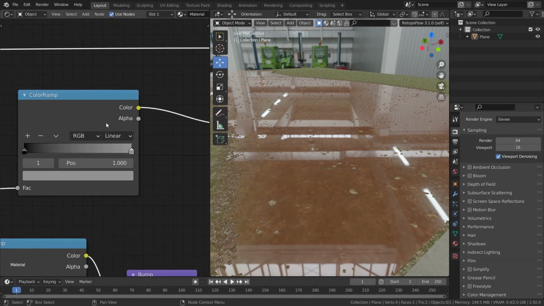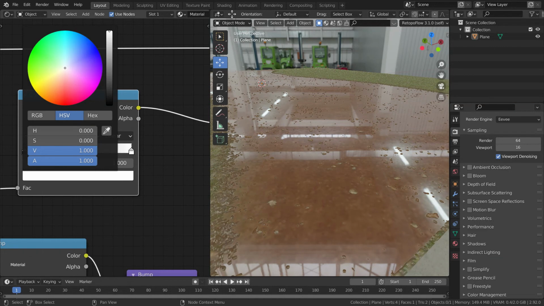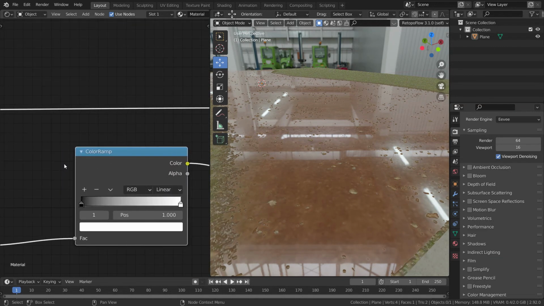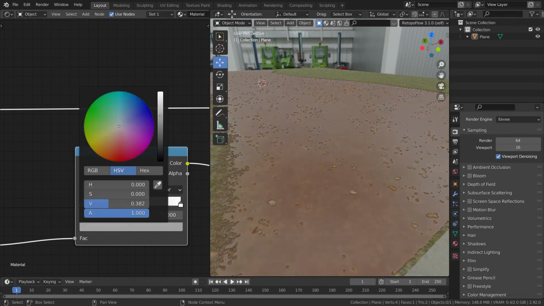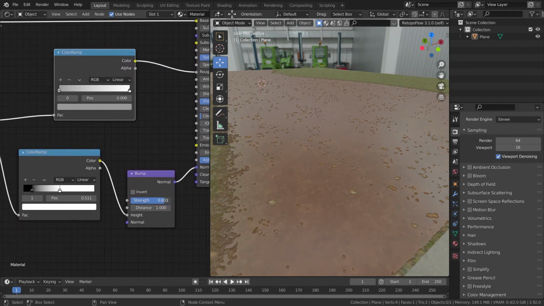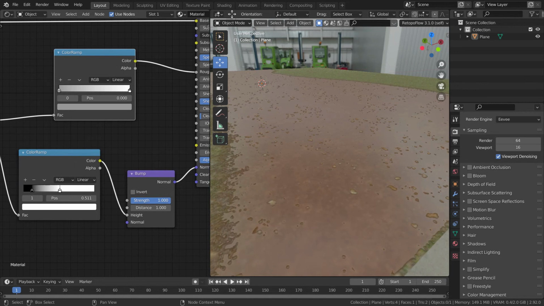We can always go and increase this white value so it gets more rough. We can increase this black value to white as well, so it gets a little bit less glossy. Play around with it. We can also decrease the strength, increase the strength.